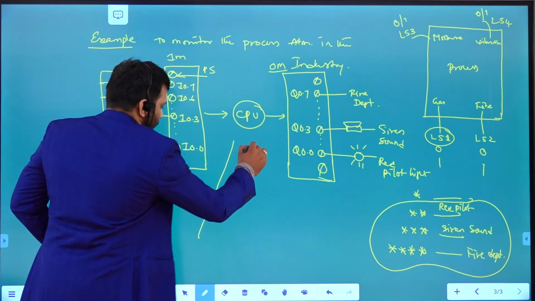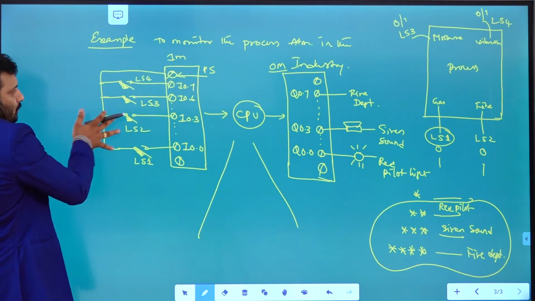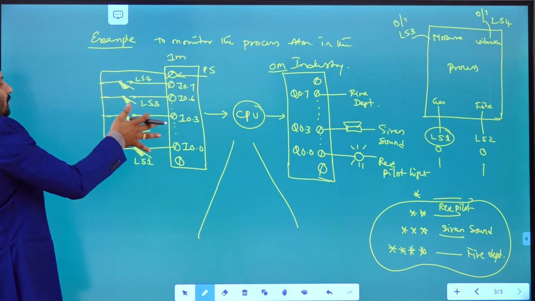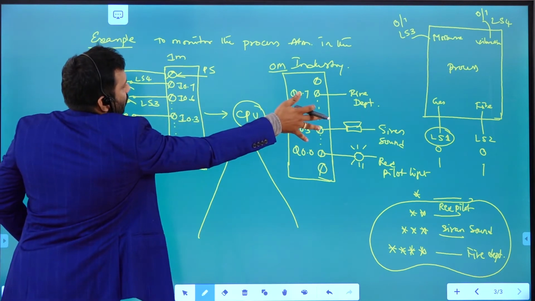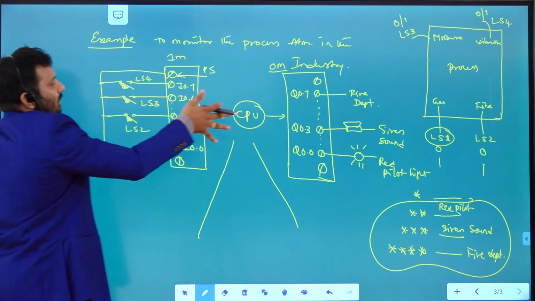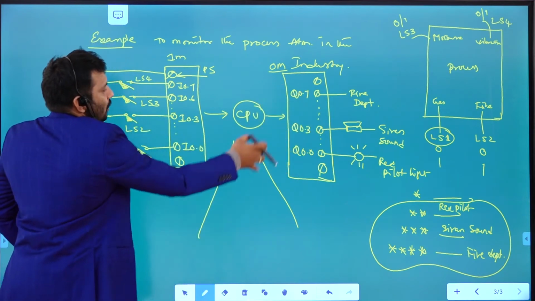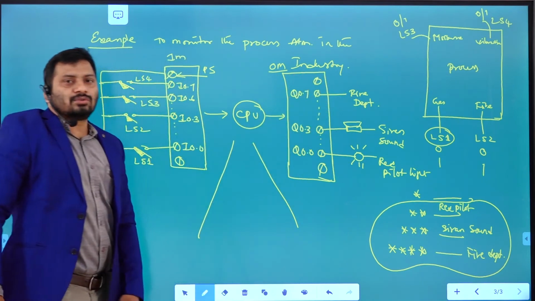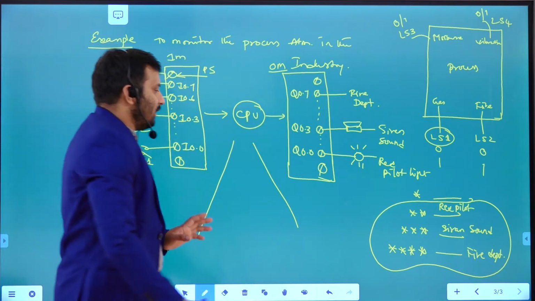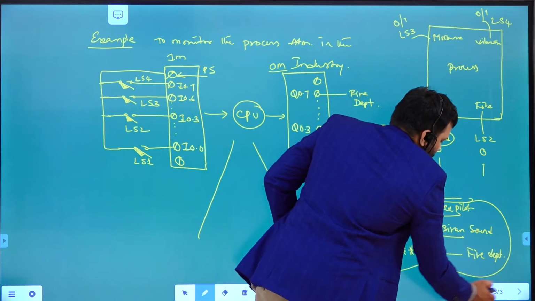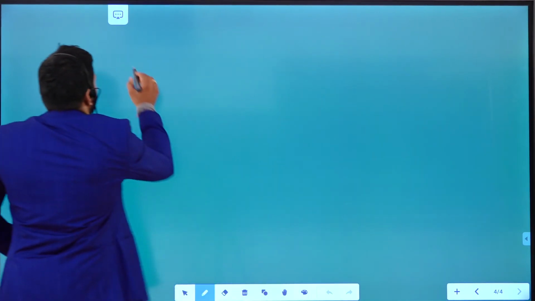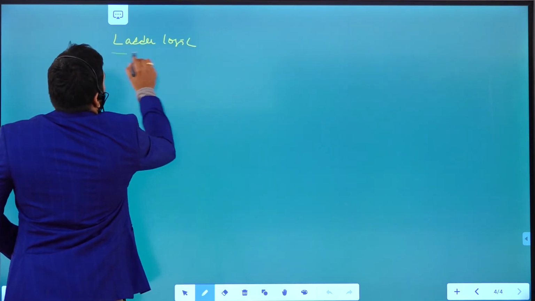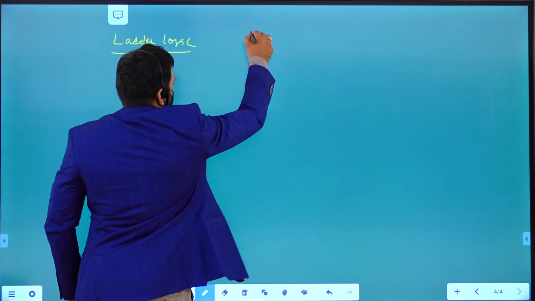Here I want to write a program in such a manner that if any 2 inputs are high, getting from the field, that means what? 2 parameters have crossed the limit. Then it needs to give red light. If 3 inputs are high, it needs to give some sound. That means this output should be high, right. If 4 are high, this should be high, right. So like that we need to write a program. Right. So now we are writing ladder logic for this particular application. Write a program like this, right.